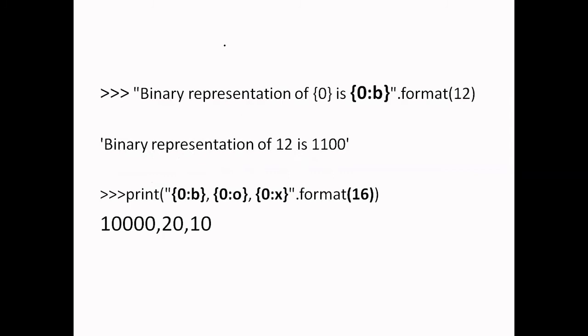We can also format the string if we have some integer values or decimal values. In this case, the curly braces, the replacement field, will be replaced by this value.